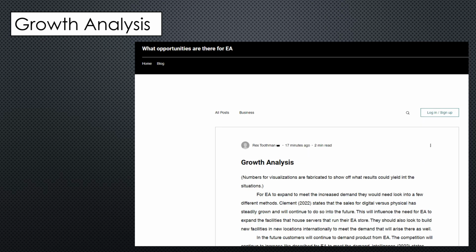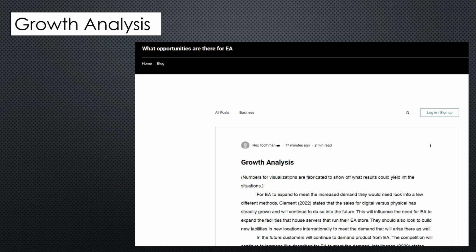The first entry was the growth analysis, looking at different areas that they could expand upon to create more opportunities for their business to grow and do things better, and finding areas that would be the best spot for them to grow into, whether it be domestically or internationally, and in some cases the more specific details to